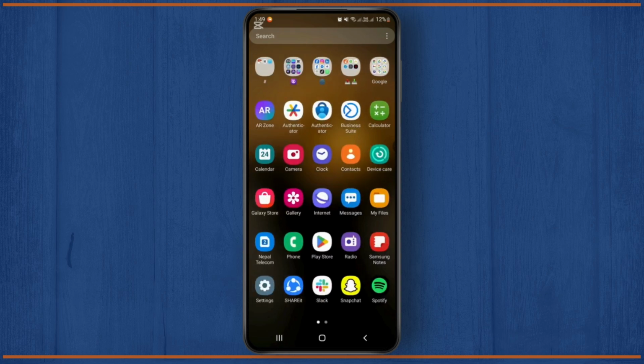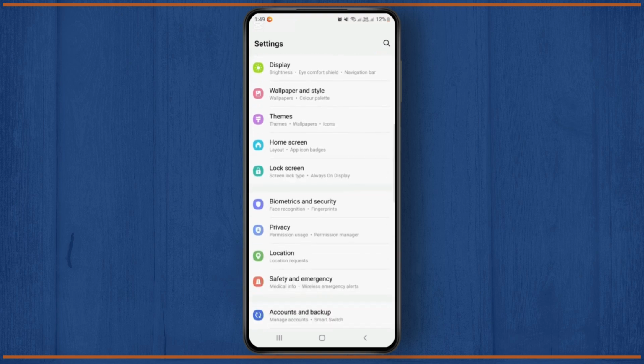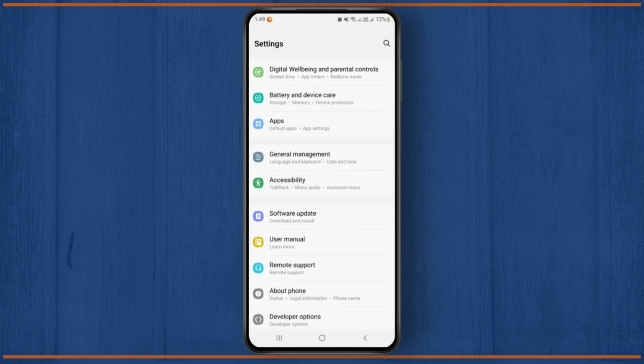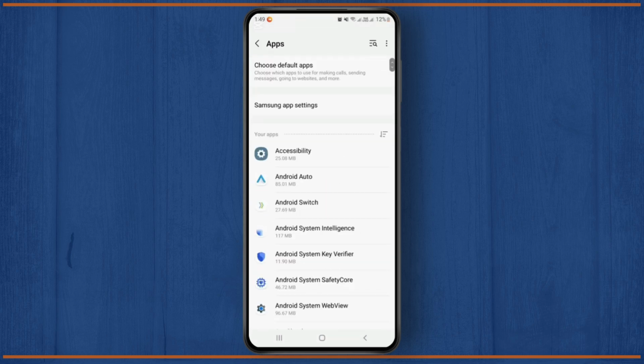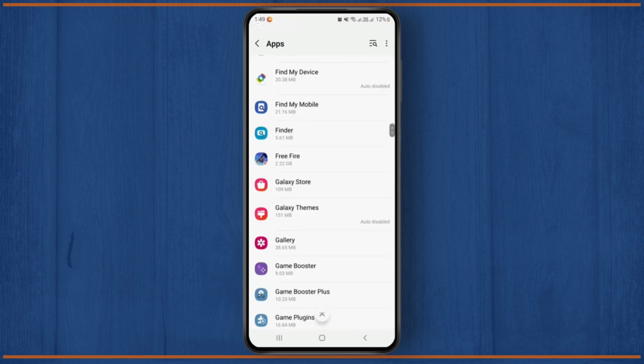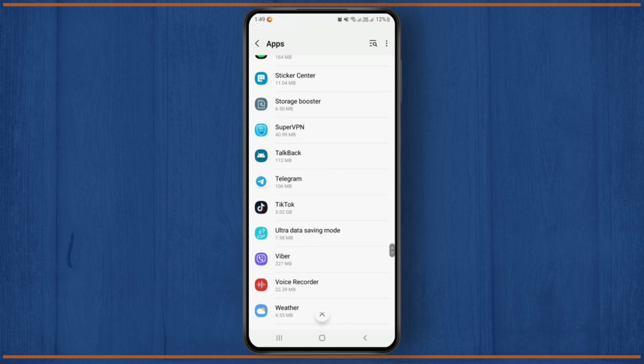So from there, you'll have to open the settings on your device. So simply tap on settings. And now from here you'll have to open the apps section, so after scrolling down you'll have to find the apps and tap on Apps. Okay, so from here in the apps section you'll have to scroll down and find the Fiverr app. After you find the Fiverr app you'll have to just tap on it,